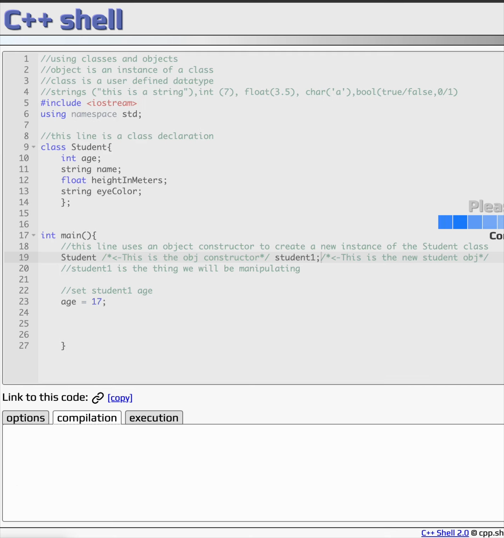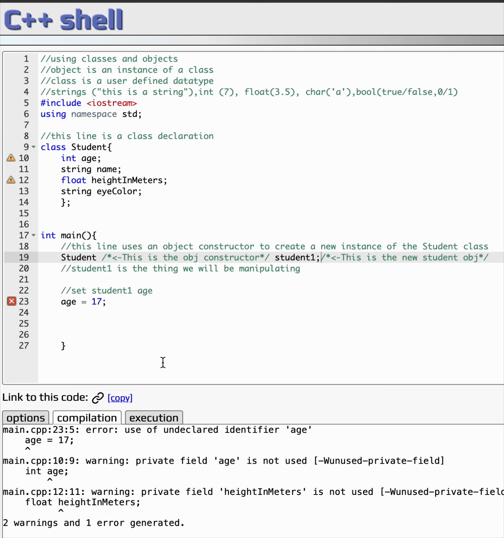Let's run it again. Get the right error. So, yeah, here we go. On line 23, we have an error, the undeclared identifier age. So what that's saying is that age exists nowhere that it can see. So sure, we have int age under student, but we don't have the right path, as it were, to access